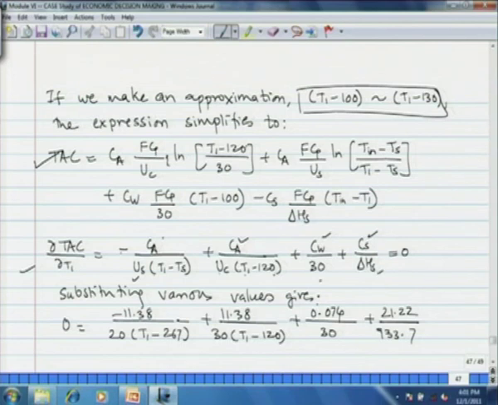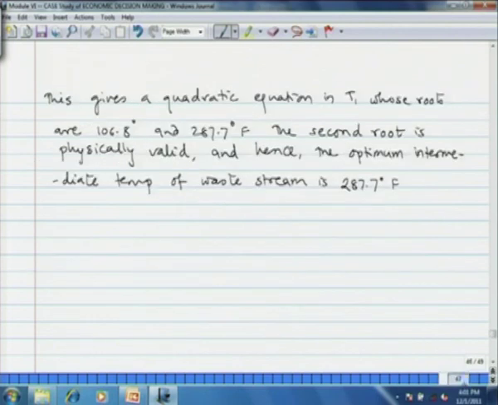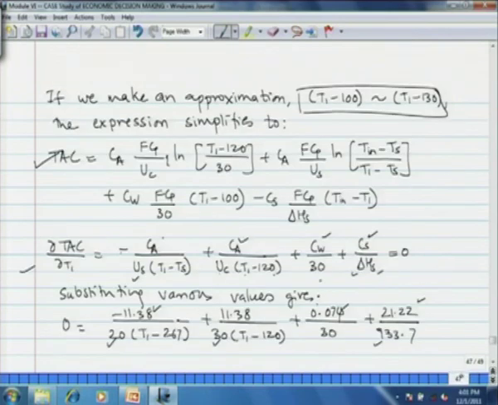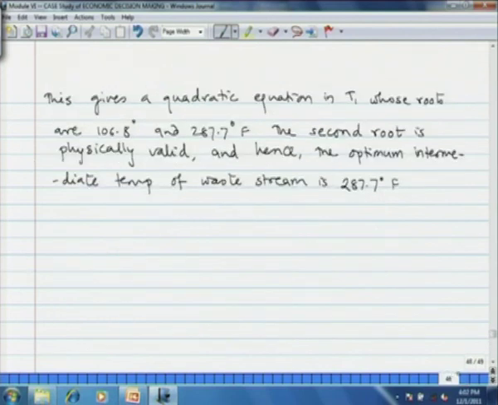Now, we substitute values of all the parameters: Ca was 11.38, Us was 20, Uc was 30, Cw was 0.074, Cs was 21.22, and delta Hs was 933.7. Solution of this equation will give a quadratic in T1. Those minor calculations, the algebraic simplification, I leave to you. If you take the two roots of that quadratic equation, you will find that the roots are T1 equal to 106.8 and